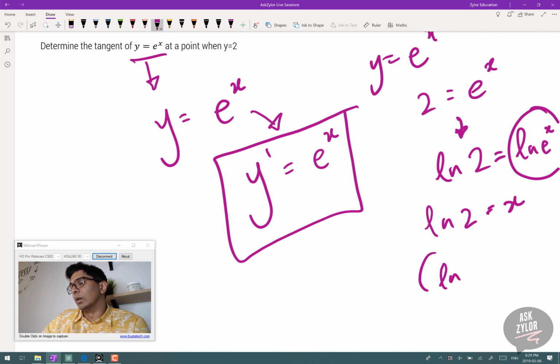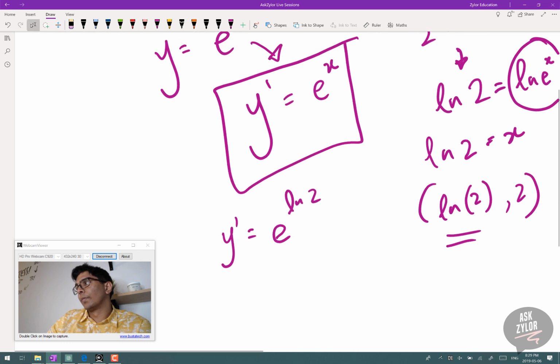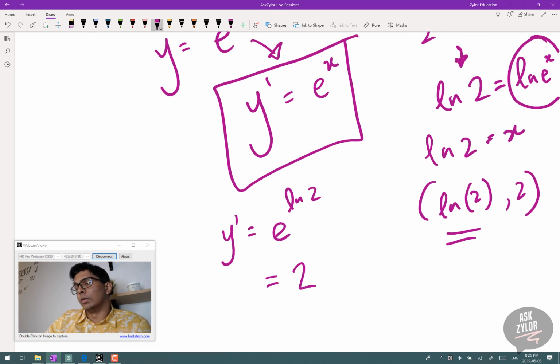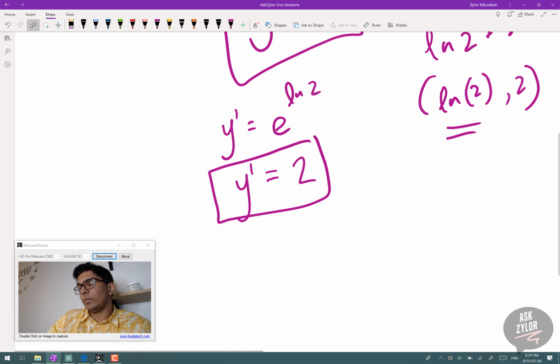So the point is ln 2 and 2, and I need to find the tangent, right? So I found the derivative, so what I'm going to do is plug in my x value, which is ln of 2. So e to the power of ln 2 is just going to simplify to 2. So my slope ends up being just 2. So the equation of the line would be,